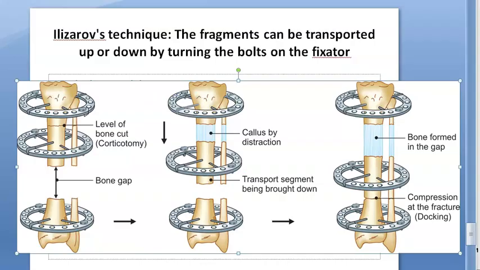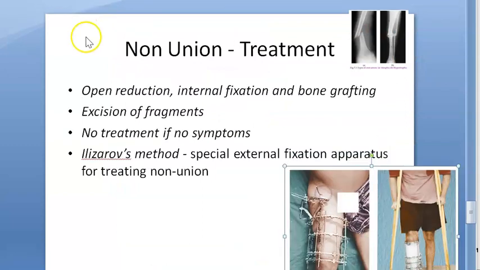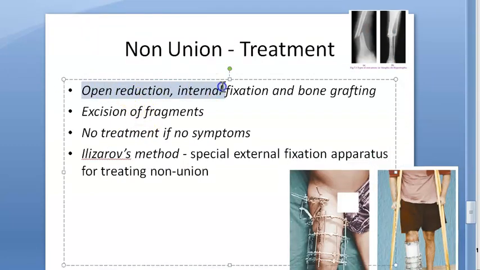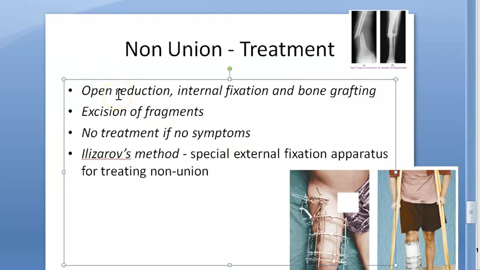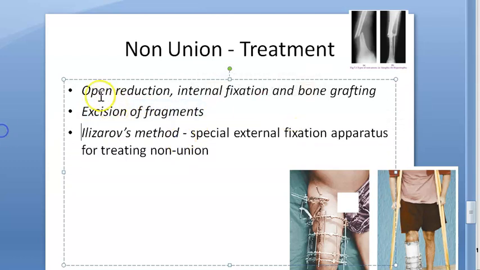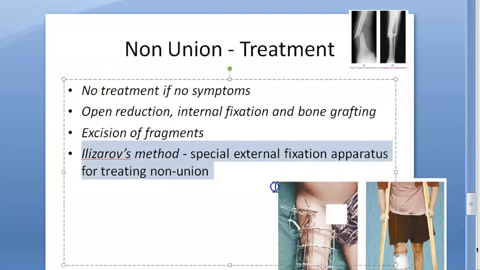They use this even to lengthen the limb, guys, if there is shortening, because that can lead to deformity. Even in that case, they are doing the Ilizarov technique. But all this they will do only if conventional treatment of non-union fails. So conventionally what you will do is open reduction, because you have to reduce the fracture. And then internal fixation, bone grafting if required, excision of fragments, and no treatment if no symptoms, which you can put first itself. And then Ilizarov's method, if the conventional treatment for non-union doesn't work, you can do